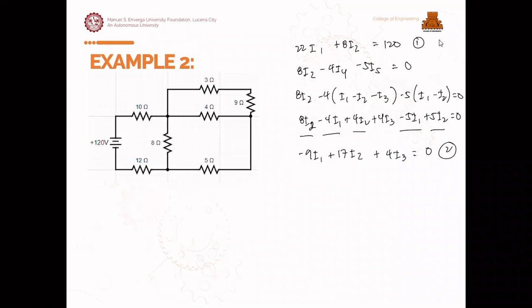So ito yung equation 2 natin. Next is equation 3 natin is yung isa natin na I1 is equals to I2 plus I3 plus I4. Pero yung sa I4, isa-substitute natin yung galing sa loop 3